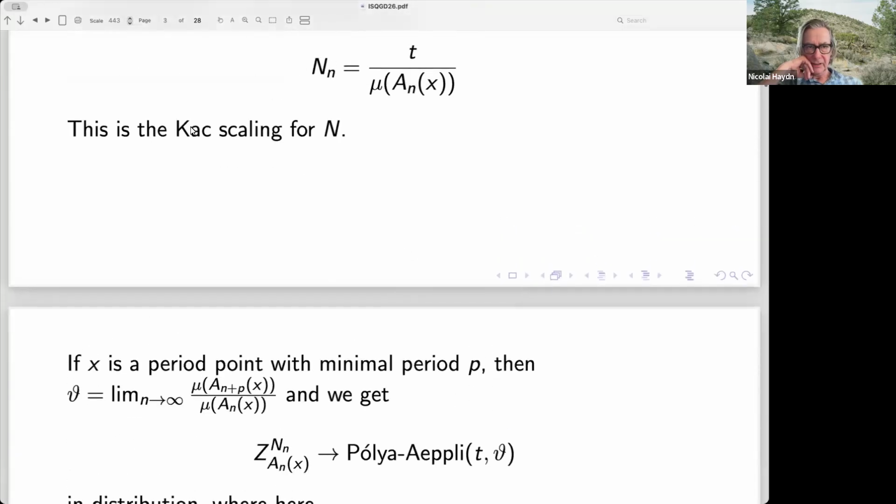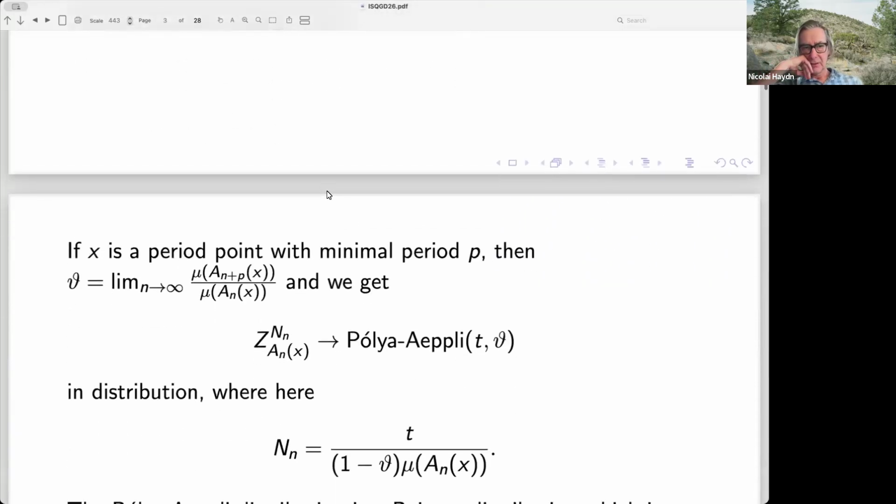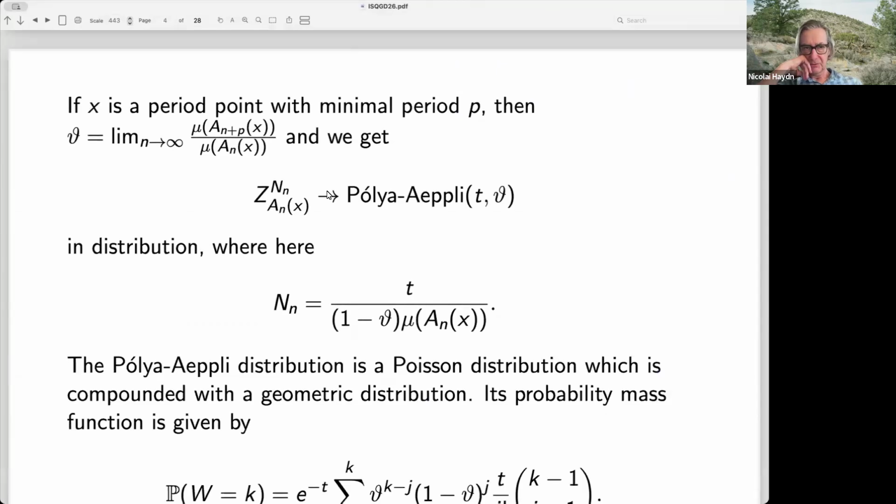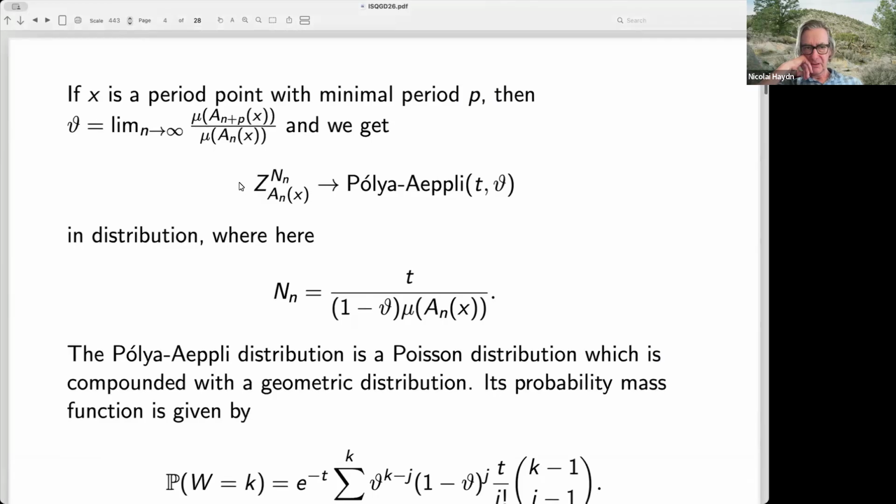That's what I call it, the Katz scaling. If one has a periodic point, minimal period P, then one gets that this very same quantity goes towards Polya-Aeppli, which is a compound Poisson distribution. There are two parameters there, namely the Poisson parameter T, and then there's also a geometric parameter theta, because sort